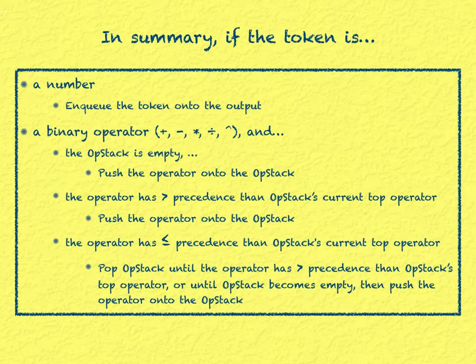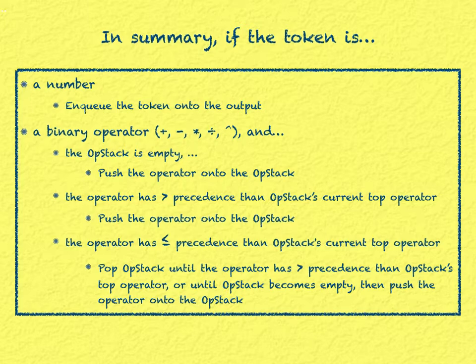So, in summary, as you process each individual token in the input, if the token is a number, simply enqueue the token onto the output. If the token is a binary operator and the stack is empty, then push the operator onto the stack. If the operator has greater precedence than the op stack's current top operator, then push the operator onto the op